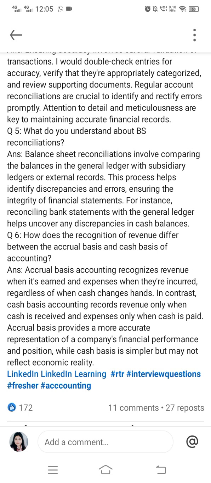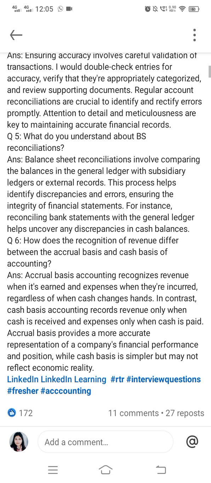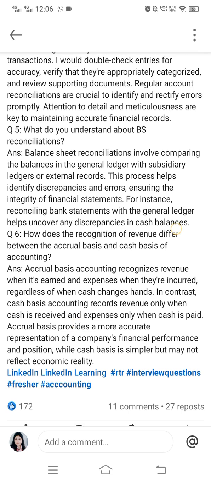So whenever there is a transaction which has accrued, at the same time we have to make the record in our books of accounts. That's how we will make sure that everything is correct and everything is recorded when it is needed. So accrual basis accounting recognizes revenue when it is earned and expenses when they are incurred, regardless